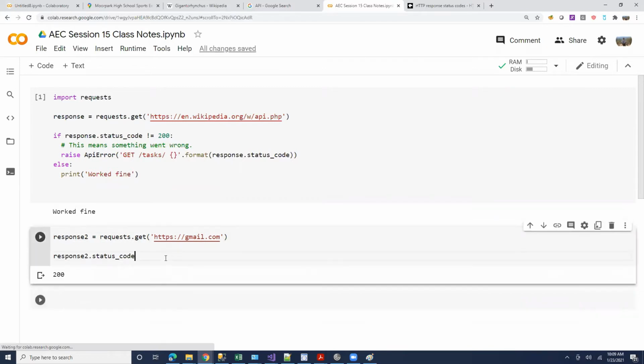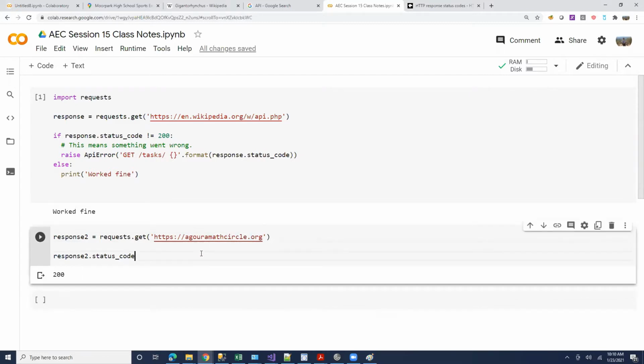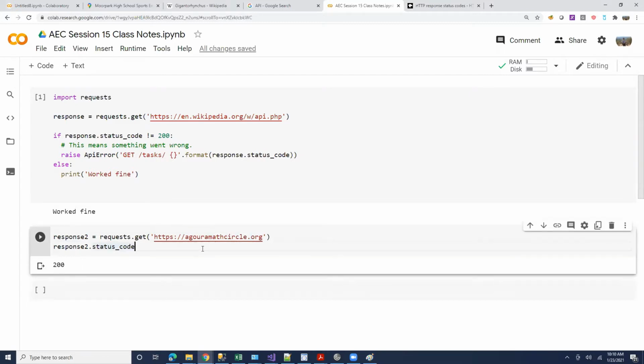So see, basically everything has it, like Gmail has it, of course. If you guys know any of your school websites, or let's see, agoramathcircle.org, so every website, because it has to communicate, right?